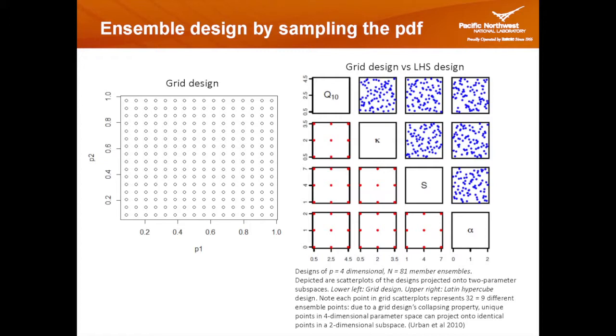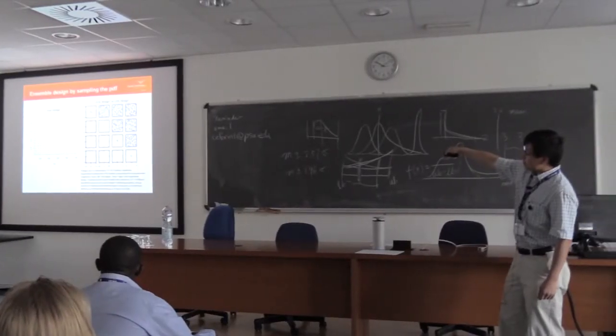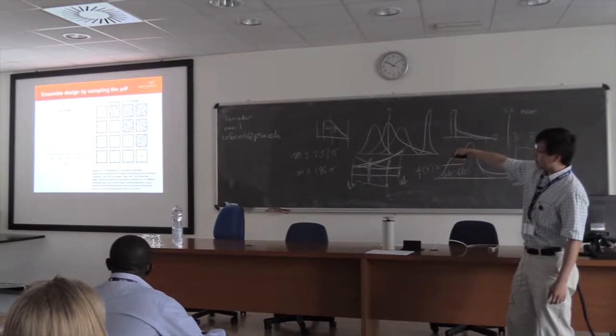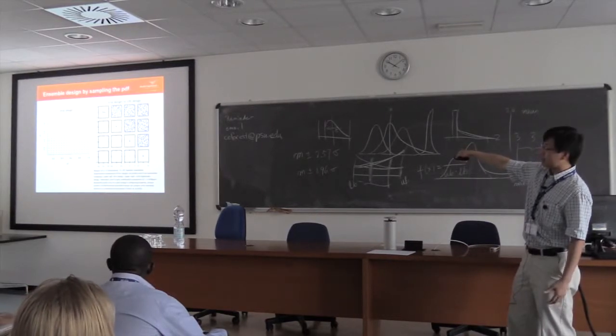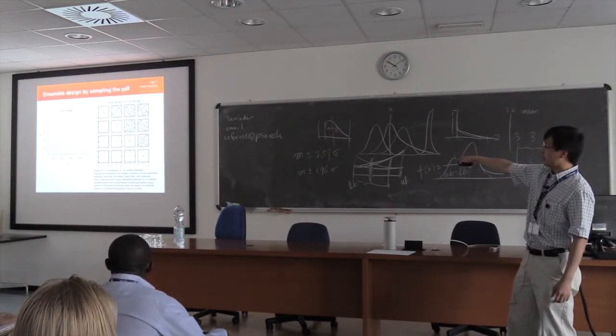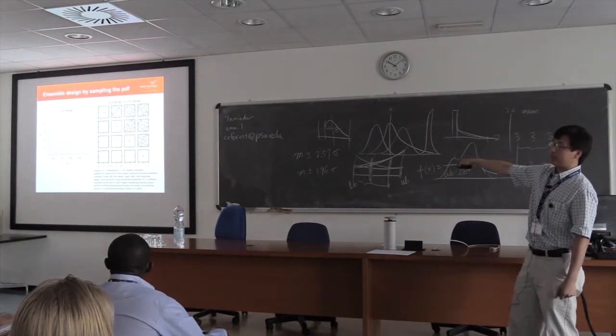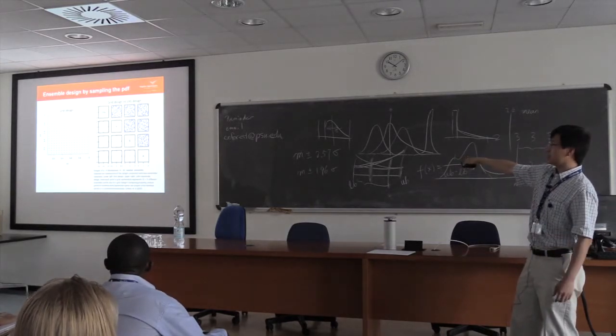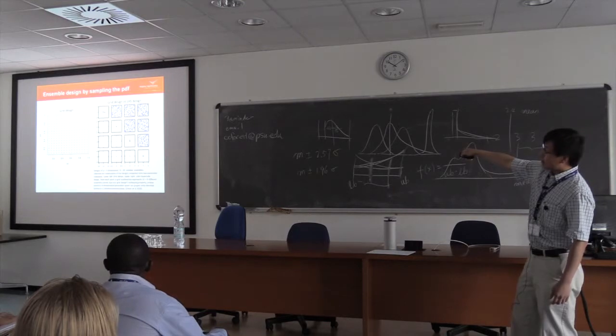Now, grid design versus Latin hypercube design. I have 2 plots showing this and this, but I found this guy plotted them together, which is really nice. I borrowed the figure from the Urban 2010 paper. They have 4 parameters. Let's pretend this is the RCP scenario parameter, this is another factor that can only take discrete levels, and these 2 are physical parameters that can be continuous random variables. So Latin hypercube sampling is